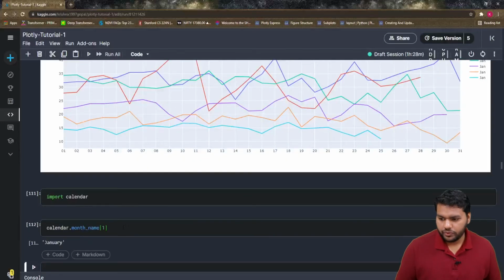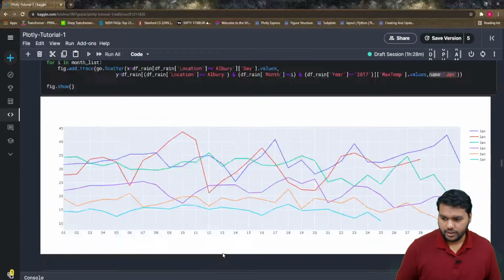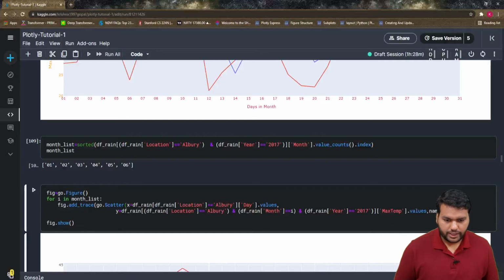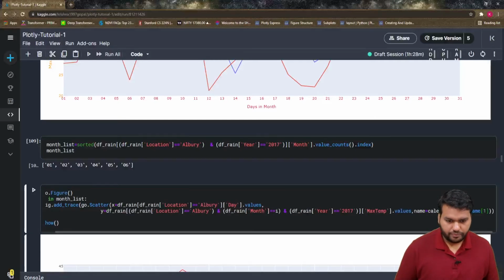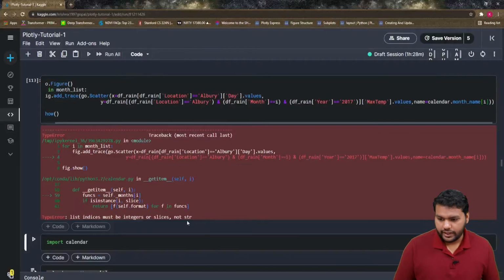We copy this one from here, because we already imported it, and pass i here, but i is 01, and it will take only the 1. Now if you pass i here, it gives an error, because list index must be an integer or slice, not string.